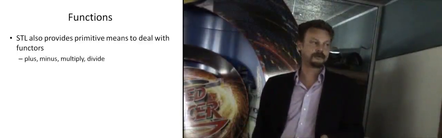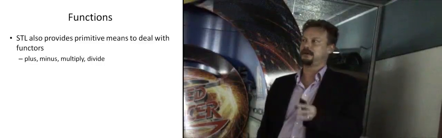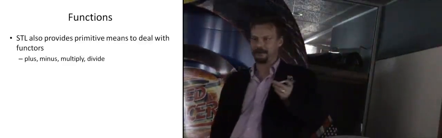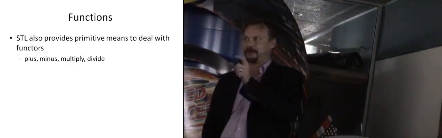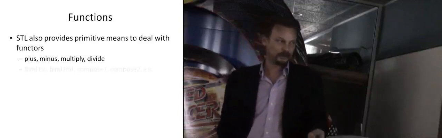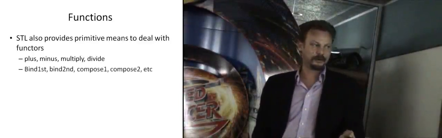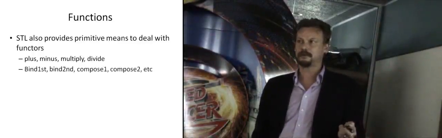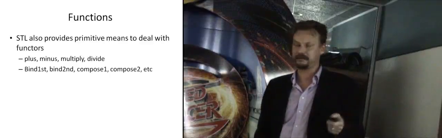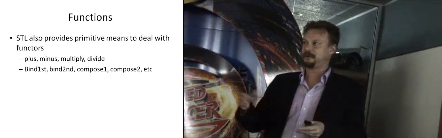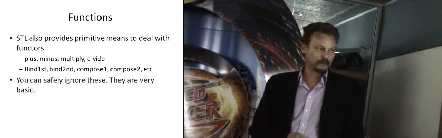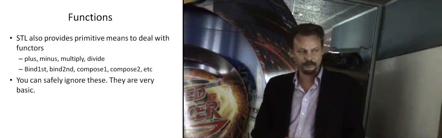So there's functors in STL that create an object out of the idea of addition. So we've got plus, the operator in C++, A plus B. We can make an object that represents that operation. With those objects, we can do some funny things with them, like bind the first or second arguments. We can compose multiple function objects together to make f of g and g of f. Remember that from calculus days? And after all of that, we can pretty much ignore them.